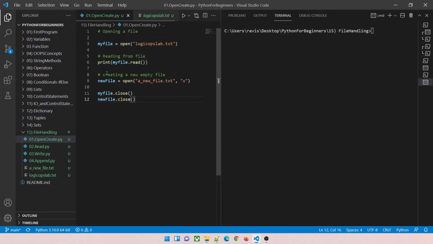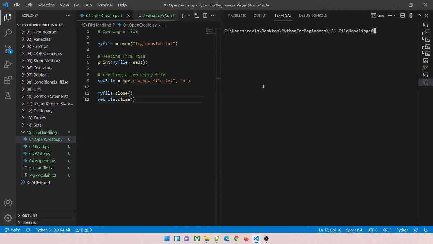Now in case you want to create a new empty file, you can use this. Open with X will create a new file. This is just another way to do that. And every time you do something with open, or work on any kind of file, just make sure that you close it. Closing a file is very important, guys, because if there are multiple programs working on multiple files, then it can cause an issue. So closing is one of the most key factors of the programs in file handling, and you can use the close method. Let us understand what exactly is happening.